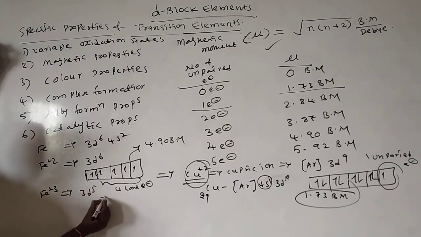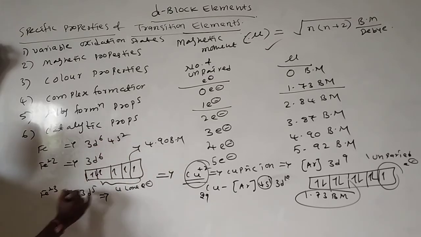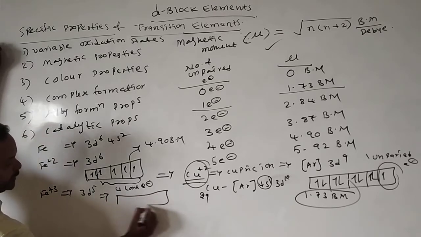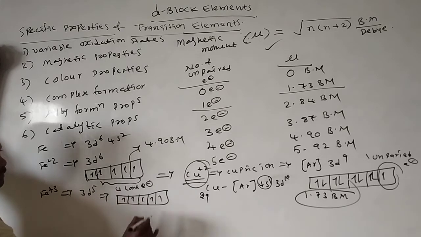3d5. Here 1, here 2, 3. Remove, Fe plus 3. 3d5 means 5 electrons, 5 lone electrons are present here. 1, 2, 3, 4, 5. 5 means